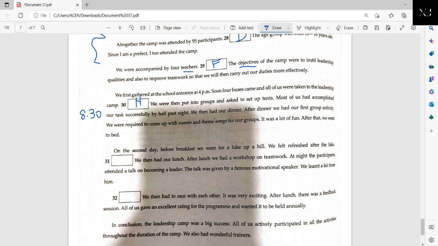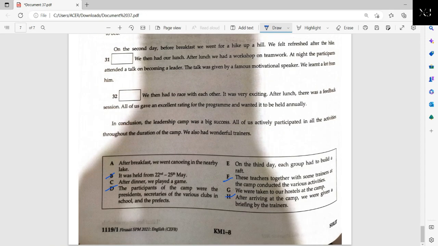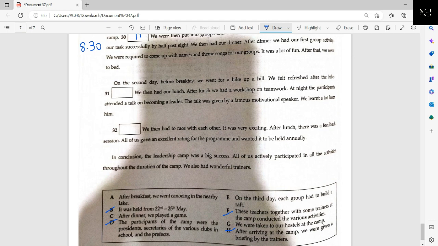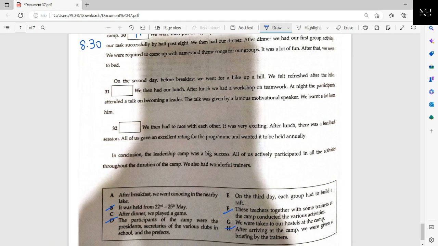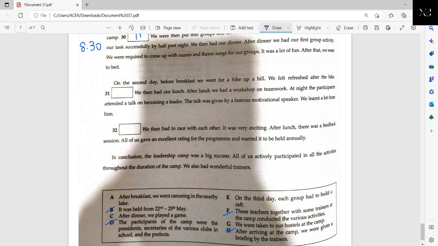So again, they're talking about a step-by-step thing, yeah. So let us see what the options we have there. They say after lunch, right? So I think likely for question 31, I don't need to scroll down anymore. Likely for question 31, it has something to do with food or something you do before lunch. Let's see what they have. Of course, the answer is not E, because E just straight away says on the third day. But here in the paragraph, we just say on the second day. And the second day has not ended because we talk about lunch. So we are still on the second day.